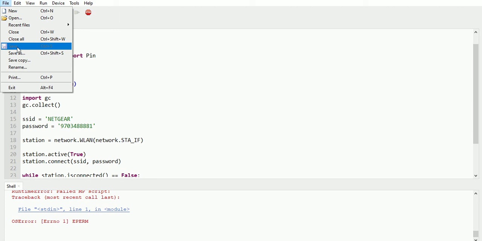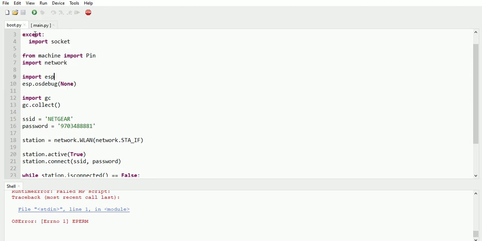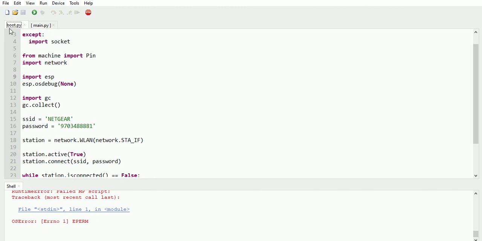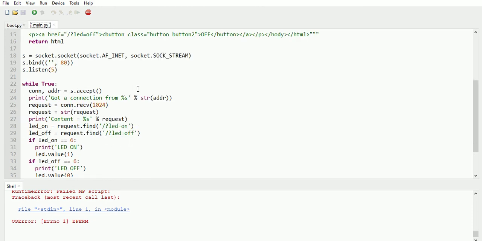Now if you want to write to a MicroPython device, we have right now the boot file and the main file. The difference between the boot file and the main file is that when you power on the ESP8266, the first file which runs is the boot file.